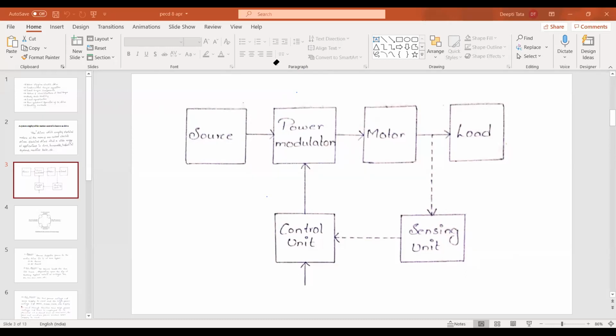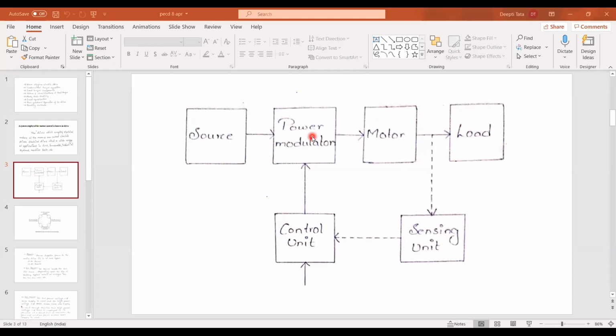Here we have a number of blocks, sub-blocks. Just listen, it is the source, is it right? It is not the drive. It is very clear for you. Okay? Respond first of all, then I will discuss. Yes, clear, ma'am. It is the source, so we can't say it is a drive, right? And it is the power modulator. Listen, power modulator is nothing but a power converter, which we will discuss in future.